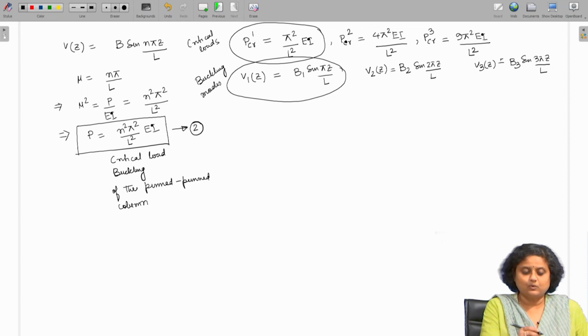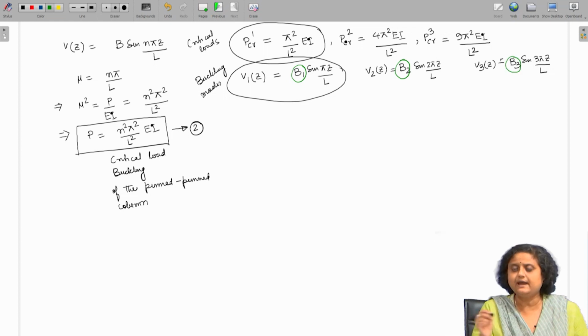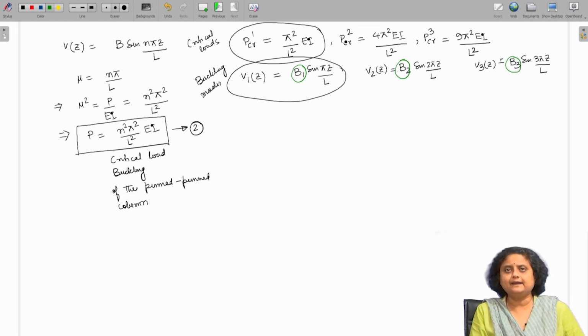Now, let us notice one thing, that these coefficients B1, B2 and B3 have non-unique values. So, they can take any possible value, and that would be an acceptable equilibrium solution of the system. Therefore, this also corroborates with the physical understanding of buckling, because in buckling the amount of deformation is not unique, it can be any possible thing. So, this solution that we get is aligned with the physical understanding of the system.